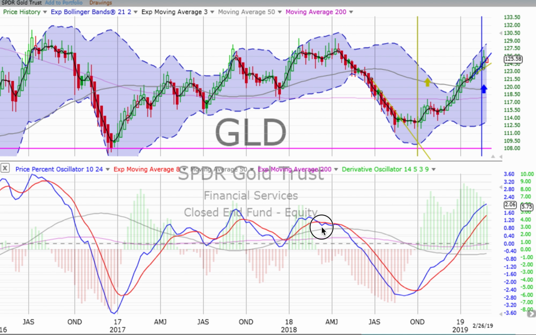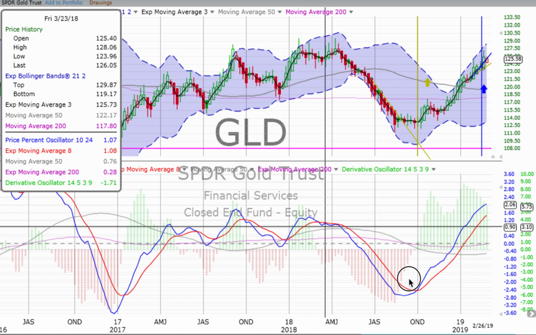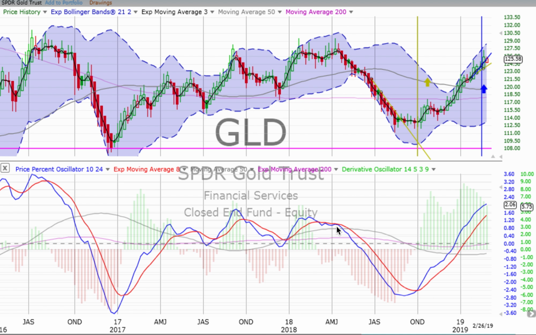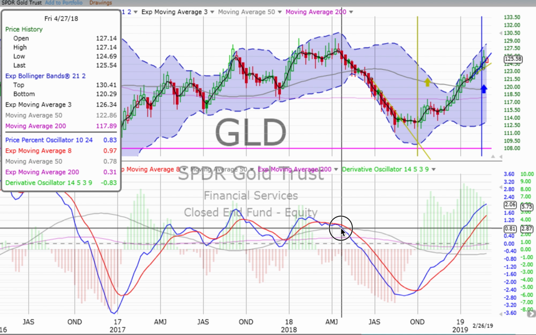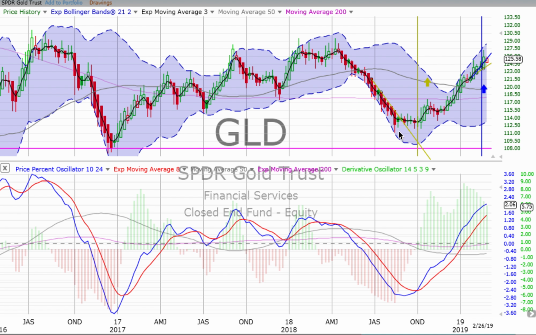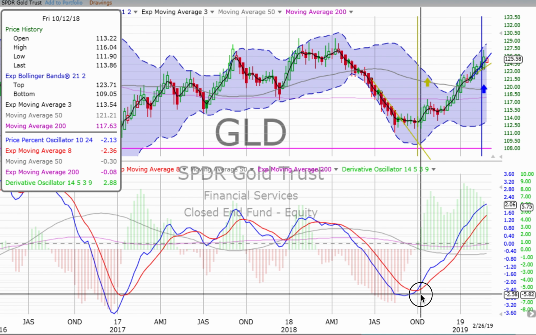And of course, these last two moves with extreme down movement after the weekly vertical crossover and pulling away from the red signal line, starting, well, the crossover was back on the 16th of March of 2018. And then, of course, the real pulling away started around the end of April, and then just the drop-off in gold. And, of course, with this latest upshot in gold, we had the crossover back on the 5th